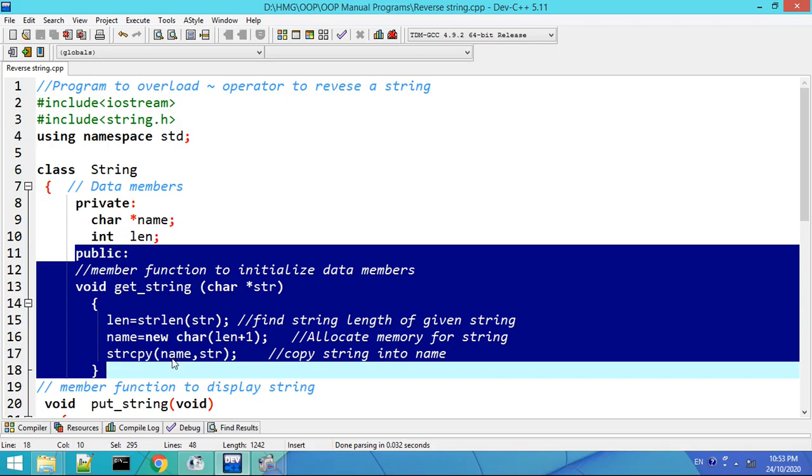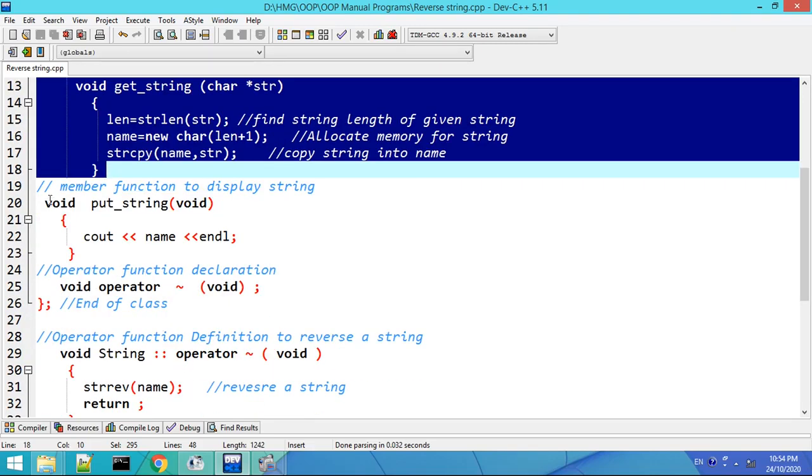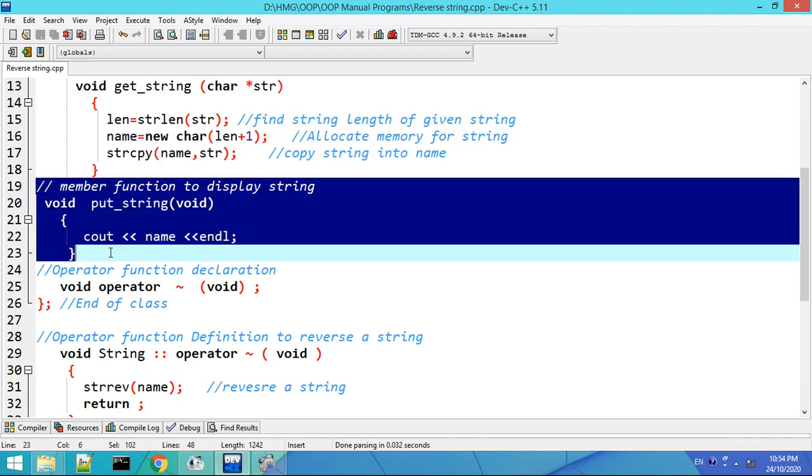and in that allocated memory let us copy the string that is in the data member name. So here the string copy function is used to copy the value of the str string into the name string. So in this way both data members of the class, that is len and name, are initialized using this particular getString member function. Now the second member function I have defined here is putString, and in this putString